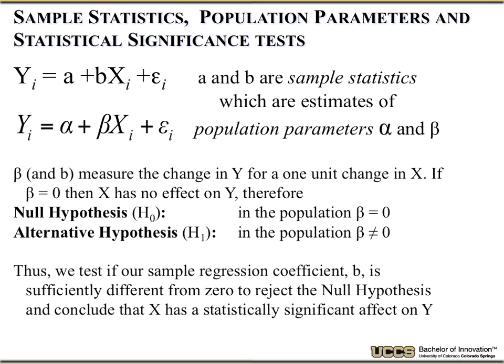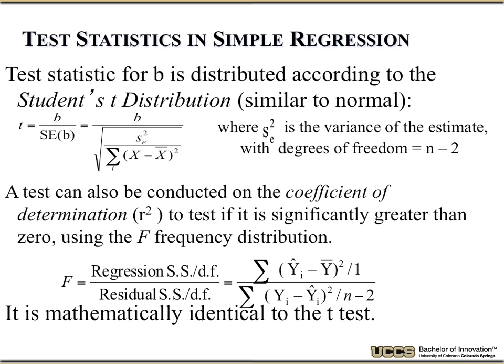Okay, well, we're going to do something related to our t-test. We're going to use the student t-distribution, the same actual table, but a slightly different test. So we're going to take b, the actual measured line slope, divided by the standard error in b. We're going to use that as t, the student t statistic, which we can then look up. So there is a t-test that you can do.